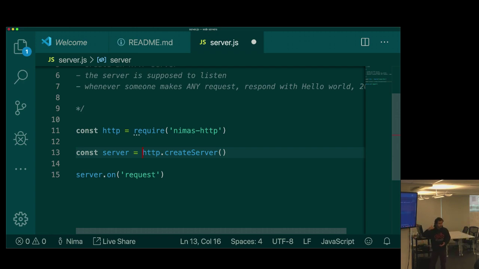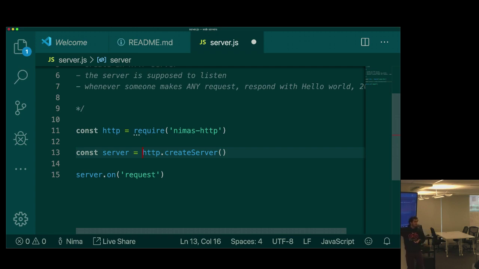We're really forcing ourselves to think about where this stuff should come from. And then when we look at the real code, it's going to be very similar to this, right? So, okay, I've got HTTP, maybe I bring that in from a module or something. Nima's HTTP module in this case, right? Then my server, maybe there's a helper function to create this server object, right? Then I've written